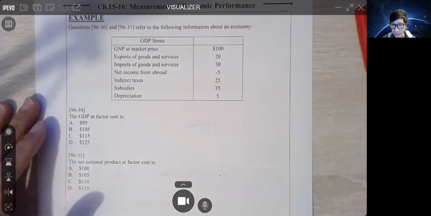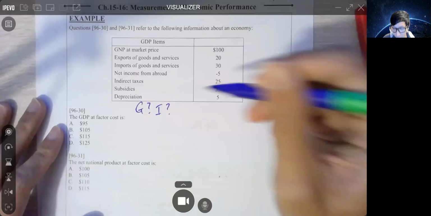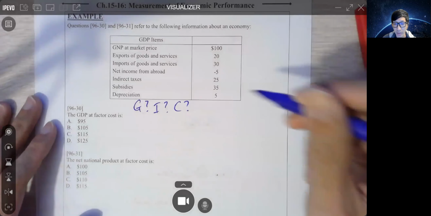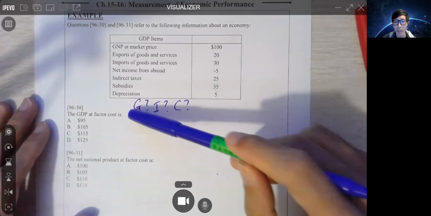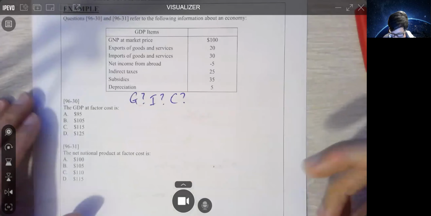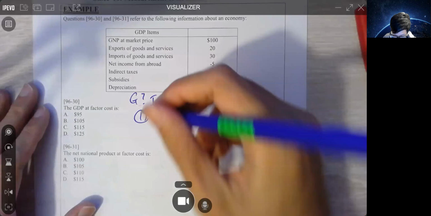Okay, now obviously you can see we do not know anything about G, we do not know anything about I, etc. Actually, we don't know about C as well. So how are we going to calculate GDP at factor cost? We start with GNP and market price, okay? Now, we need to use two formulas. First, remember,